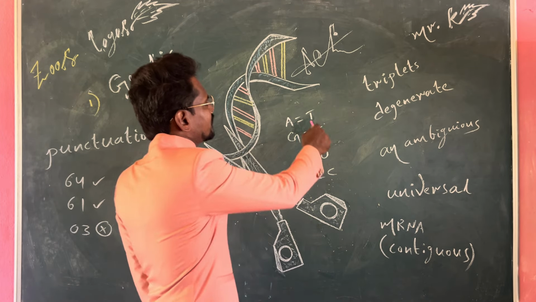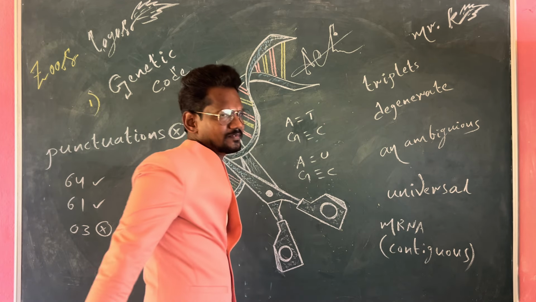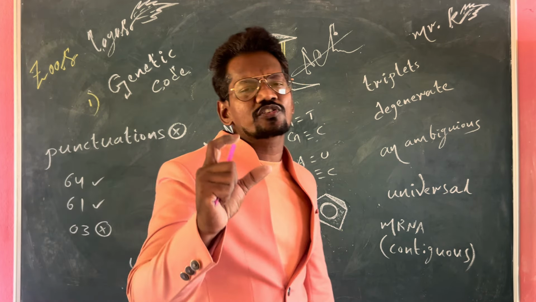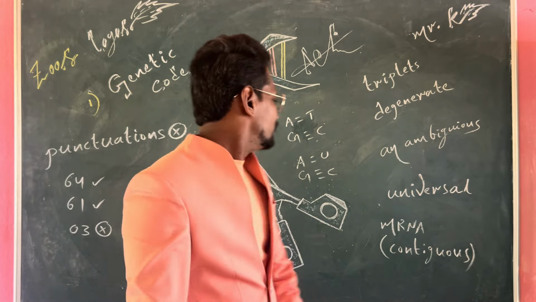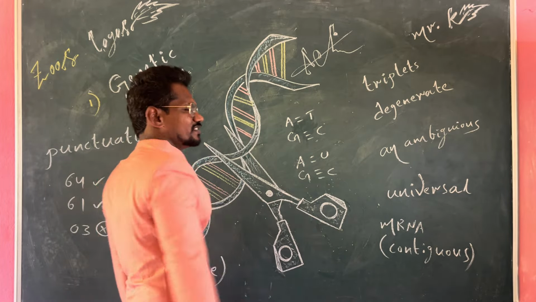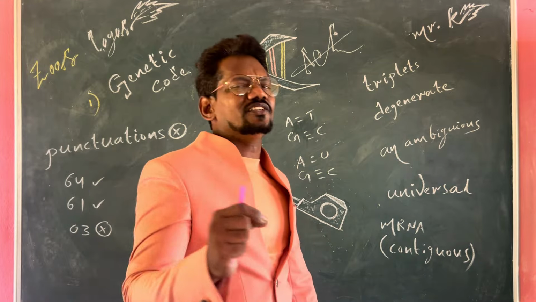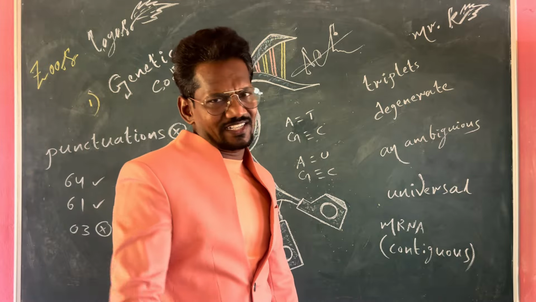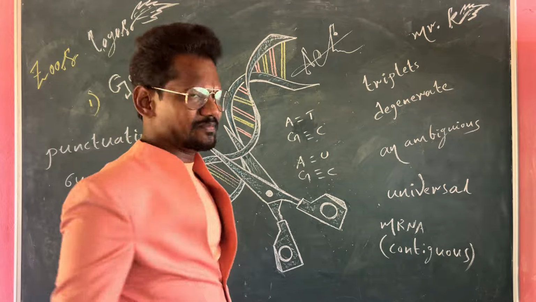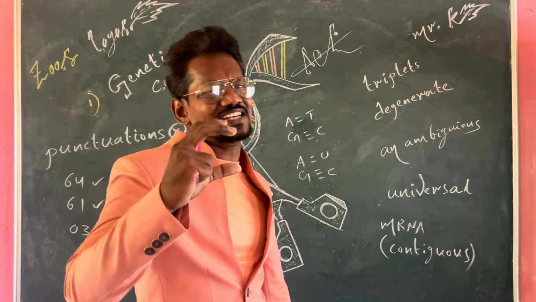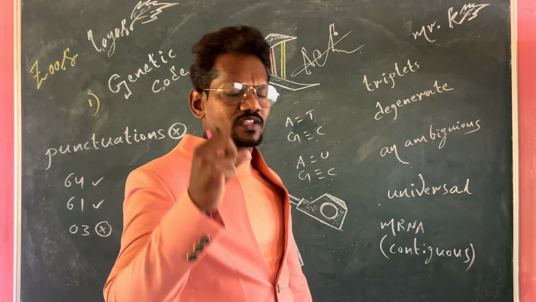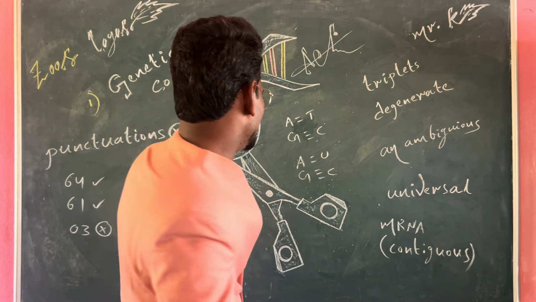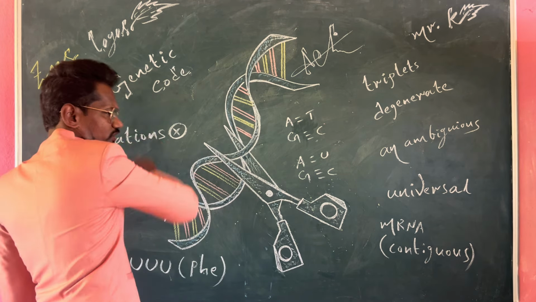Due to the presence of thymine, DNA is more stable than RNA. That's the scientific reason. In RNA, uracil is there because that is slightly less stable than DNA. The remaining things are the same. Both nucleic acids have equal and unique characteristic features. Let's see, the main topic is genetic code.